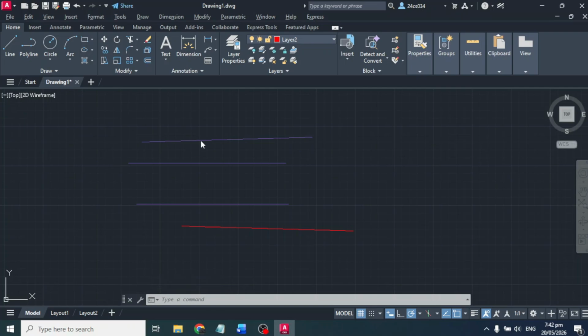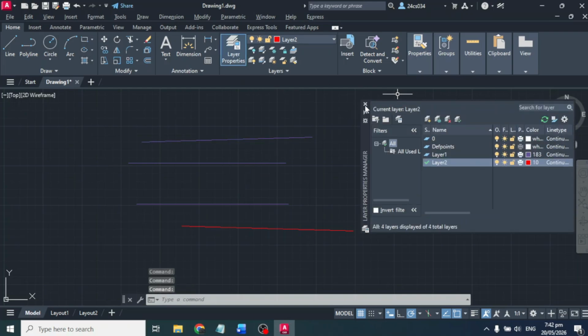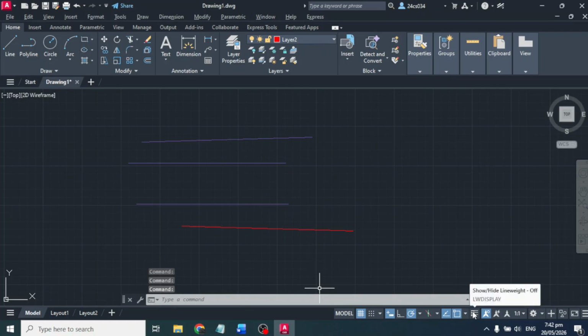So let's get started. First, check your drawing where different line weights are already assigned, but they all appear the same on screen. Over here, go to the bottom bar of AutoCAD interface and look for the Show Hide Line Weight button. After that, identify the icon that looks like lines with different thickness and click it to enable line